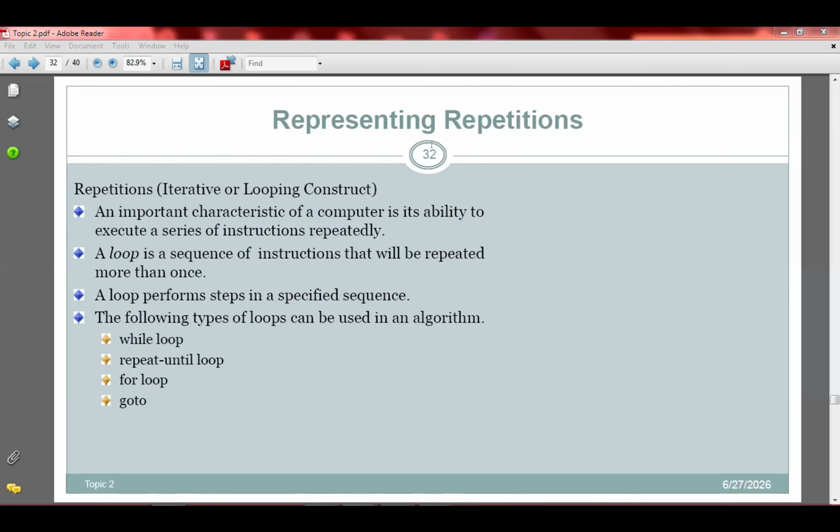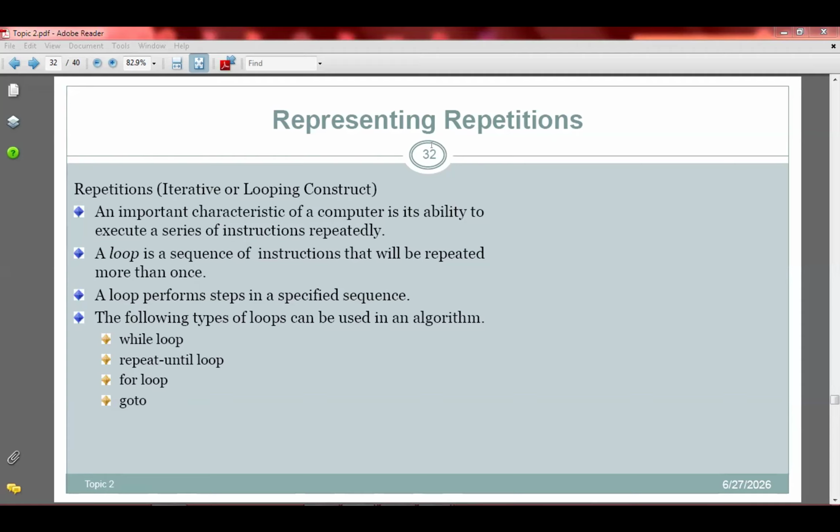Now, if you are performing a loop, there are three things you should bear in mind if you want to repeat a program. The first one is that there should be a condition that needs to be satisfied for the repetition to take place.